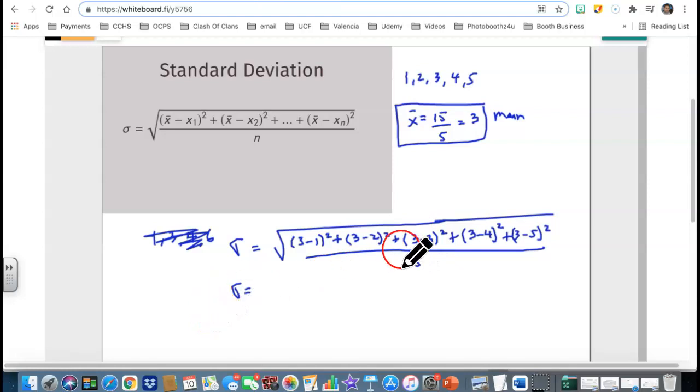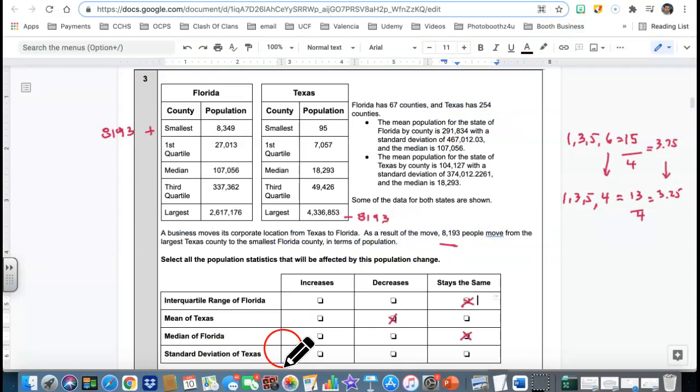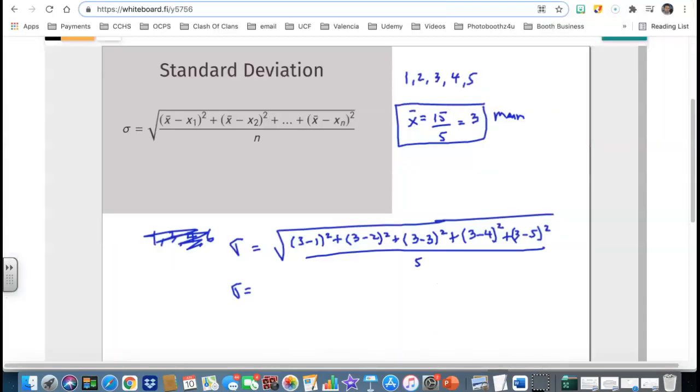All right, I'm not going to do the whole math. Okay, so the question is, what happened to the standard deviation of Texas? Remember, I subtracted from one of the values from Texas. So that's what we need to understand. If I subtracted from one of the values of Texas, let's pretend about that 5. So all the way up to here, it's the same values for the new standard deviation. But if this 5 turns into a 2,